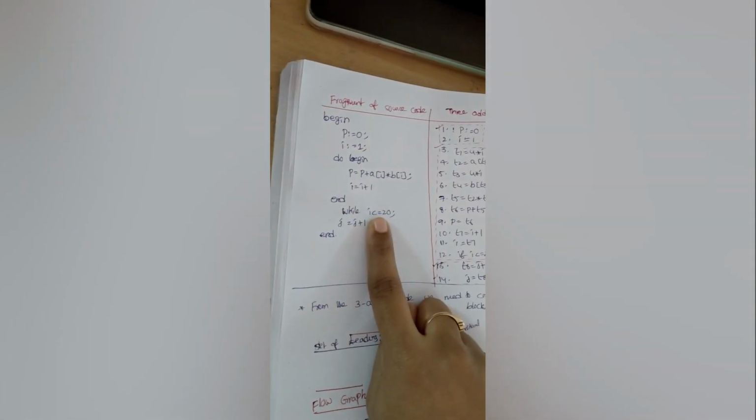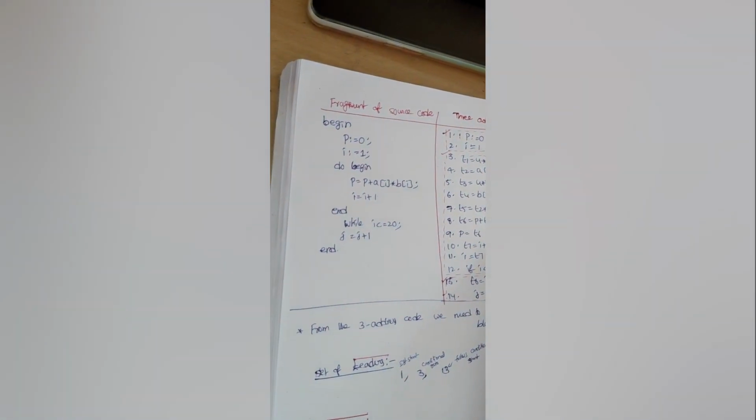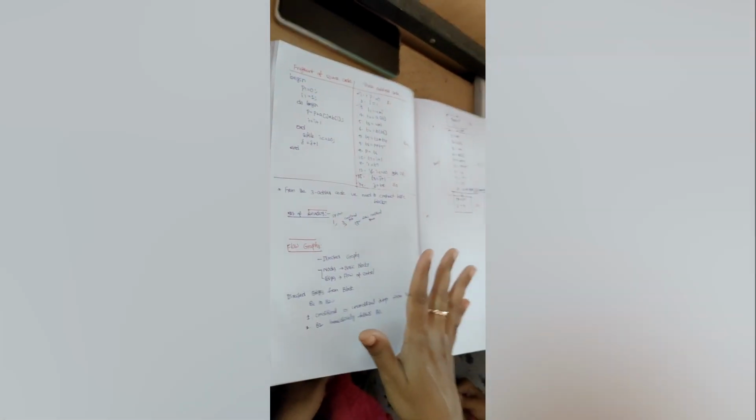From an exam point of view, they will give you a fragment of source code. We need to convert it into three address code. From the three address code, based on the algorithm, we partition it into basic blocks by following these two steps in the method. Then, once divided into basic blocks, we need to indicate the edges based on the flow graph. This is the task we are going to do.